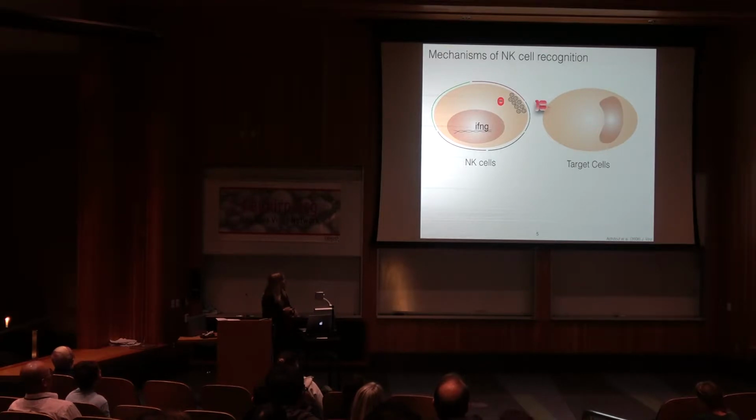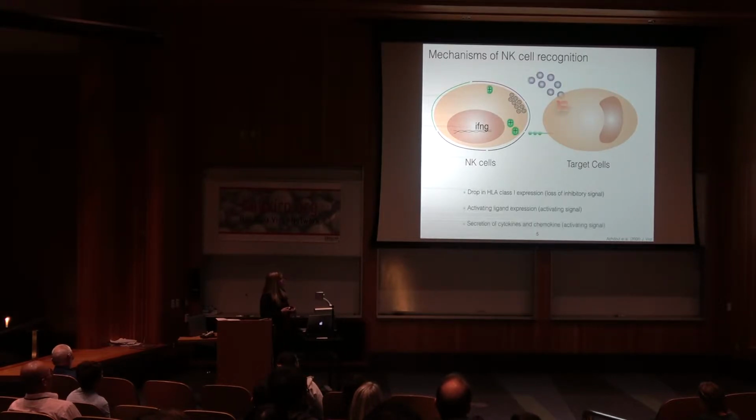However, if these proteins are downregulated, which occurs during infection or cancer, the NK cells then take a second look. And what they're looking for are other warning signals, and these can take the form of activating proteins on the surface of an infected cell or secreted pro-inflammatory cytokines. And if sufficient warning signals are detected, NK cells become activated, and they're able to directly kill the infected cell by releasing granules containing perforin and granzyme, or release pro-inflammatory cytokines, and they're famous for their ability to